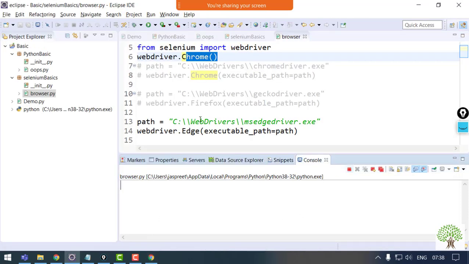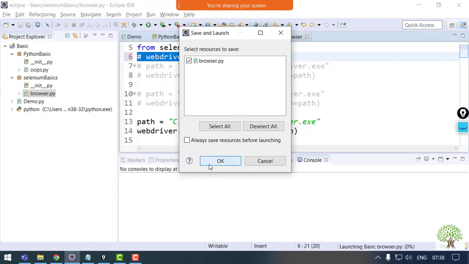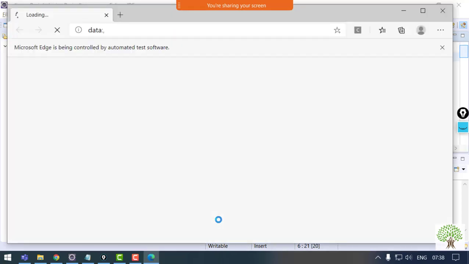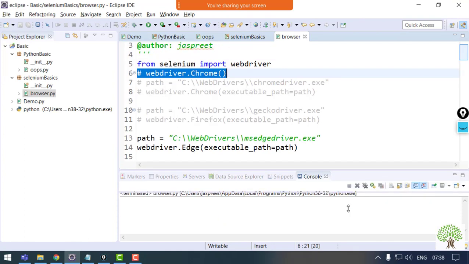Or I will just run this again. So you can see that the Edge browser also opened up. It was quick and went on.